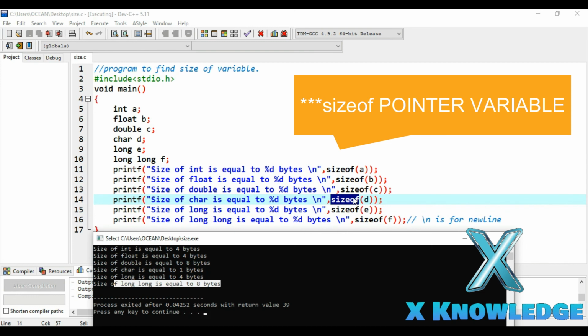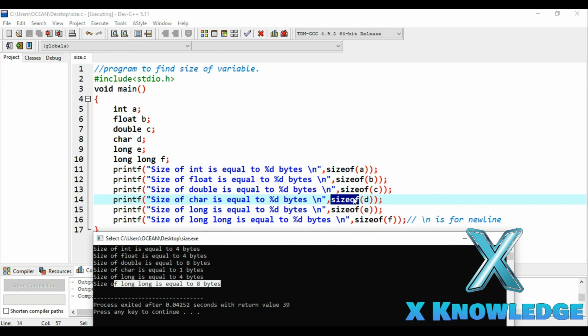So basically I wanted to discuss the sizeof operator in this video. The sizeof operator is a unary operator. It takes one value and returns the size, that is how much memory it takes to store some value in it. So we got the answer, that an int variable takes 4 bytes. Similarly, a character variable takes 1 byte to store a value, and the long long variable takes 8 bytes to store a value in its memory. So we used C programming to calculate all these values, and the sizeof operator helps us in getting them.